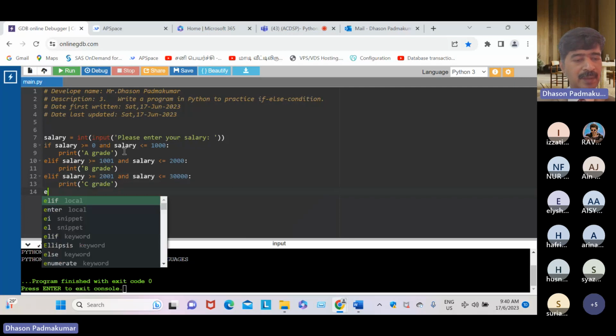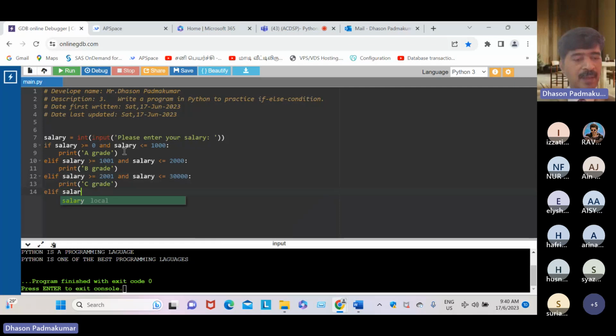And next is elif salary greater than or equal to 3001, please correct it, and salary less than or equal to, let's say, 5,000, and print B grade.